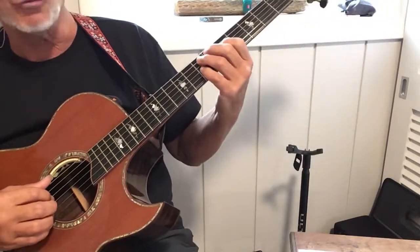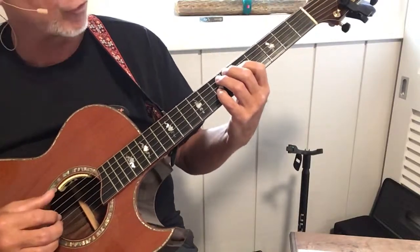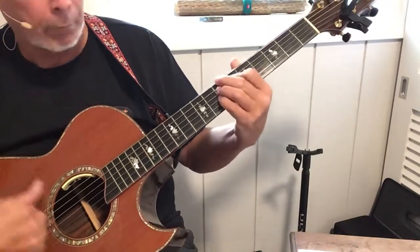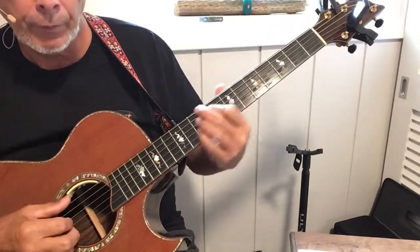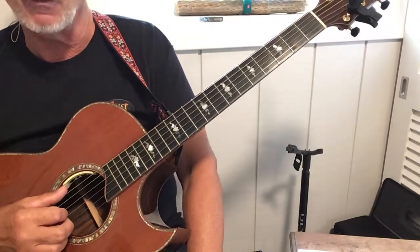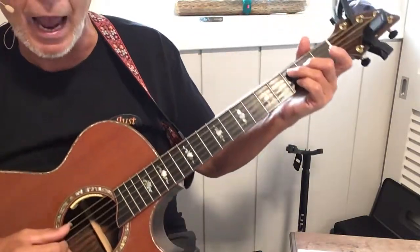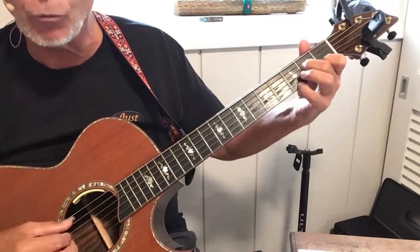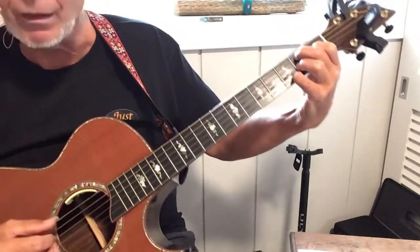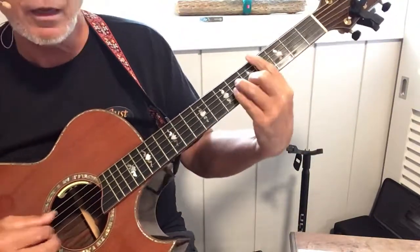Then I like to play the intro again just up on the 7th fret using the chords from the verse. Then those first 5 lines of the second verse are exactly the same, and just till you get after the girls don't seem to care tonight. It's a B7 sharp 9. As long as the mood is right,